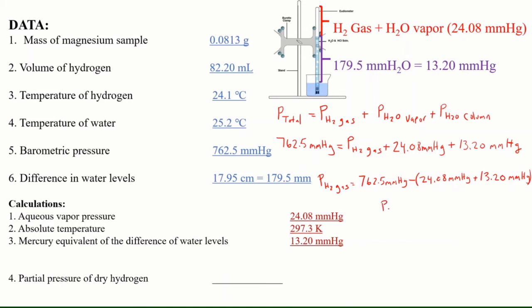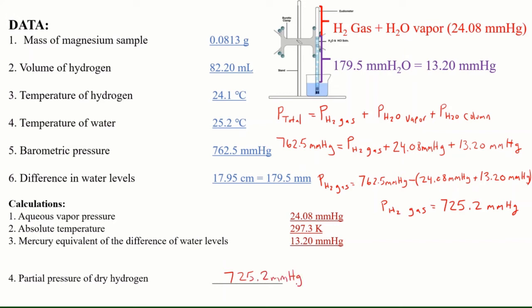I do the calculations on my calculator. I find that the partial pressure of hydrogen gas is 725.2 millimeters of mercury. So I will write here 725.2